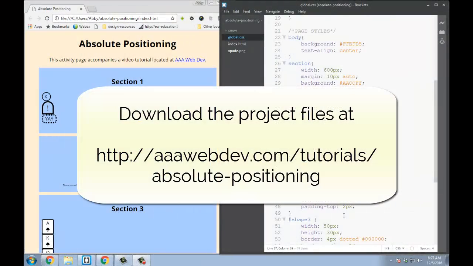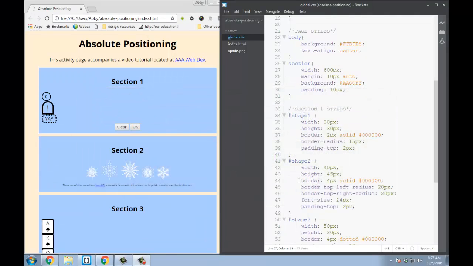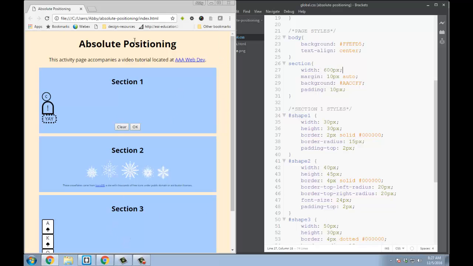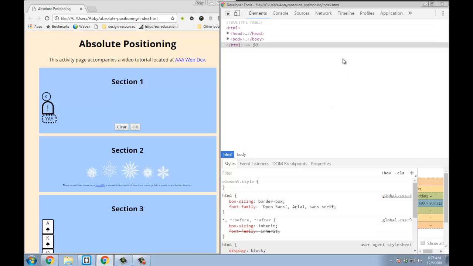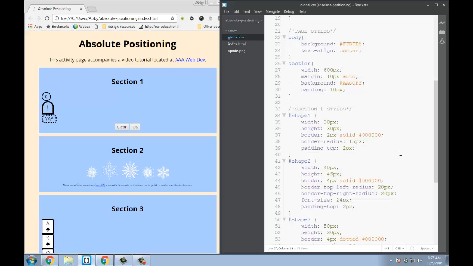We are about to begin the absolute positioning tutorial. If you intend to follow along, make sure you have the files downloaded and also put your windows in order for how you like them arranged on your screen. I've just got three. I've got the index file in Chrome as well as the element inspector open over here. And then I also have my editor with the CSS file ready to go so that I can save my